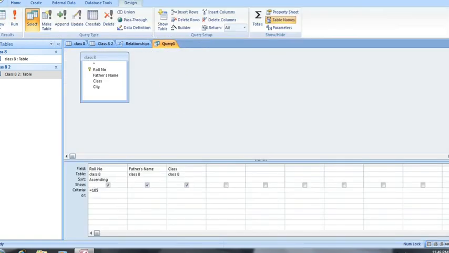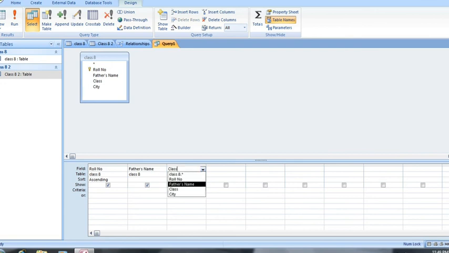Suppose you want to specify multiple criteria, how will you apply them? You have to choose the class option and remove this criteria option. Now I'm going to change this with the class and just erase this class 8, because I want to apply the multiple criteria. That is why you have to choose the class here.